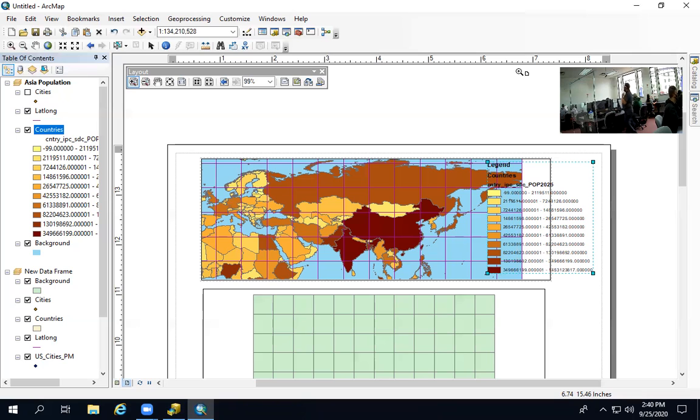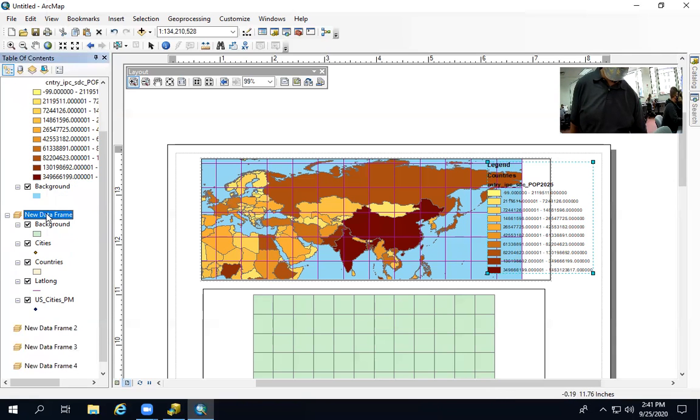Okay, guys, let's now move to the second frame. If you miss something, you have all the time at the end of the lab, and I'll go around and help you. So that's question C. The second frame, let's rename it high population megacities and do the following. So first of all, we go to the second frame. Before we change the name, let's make it the current. So activate this frame,